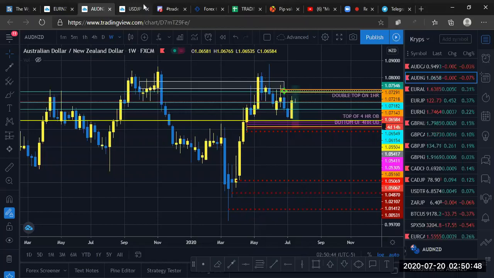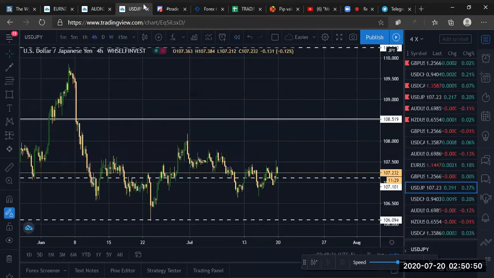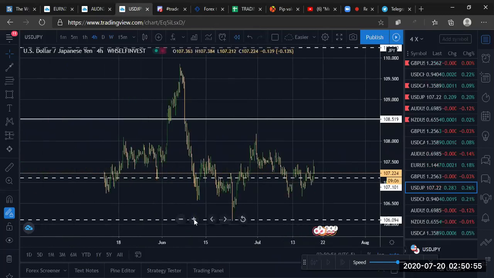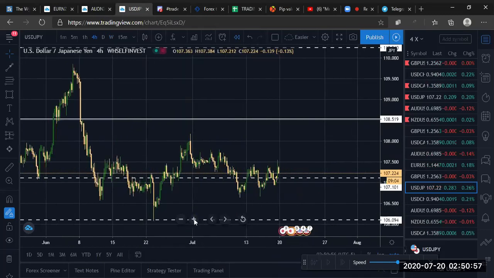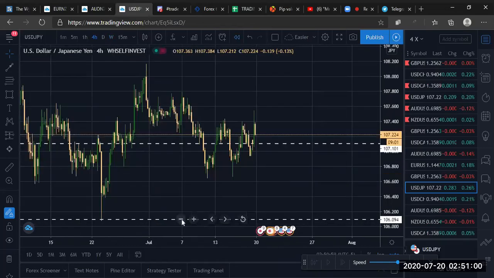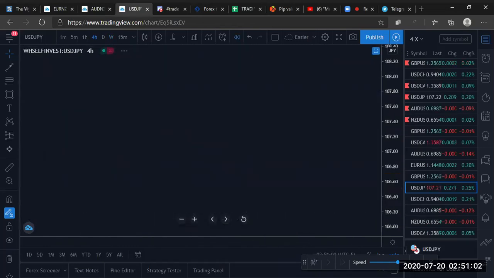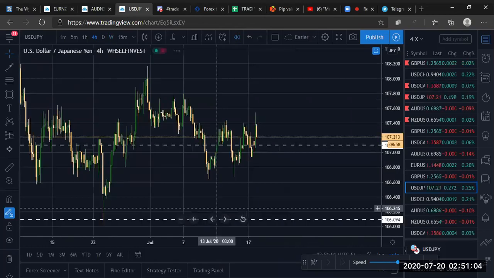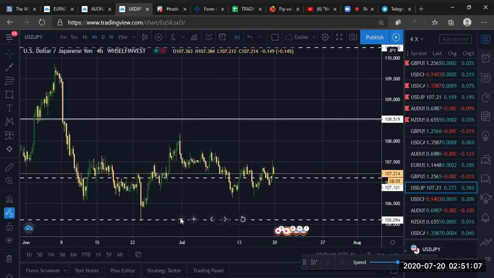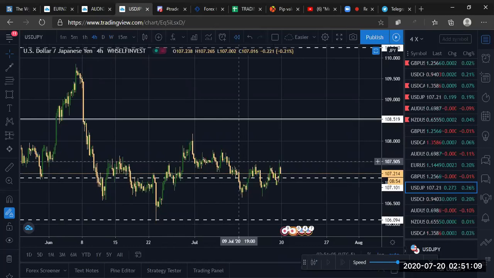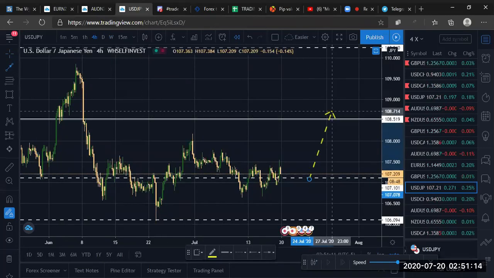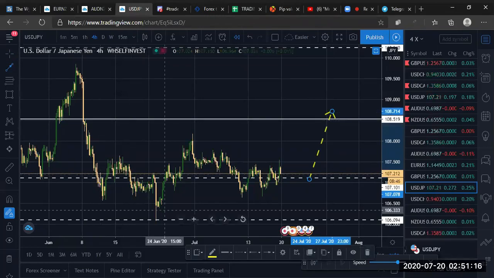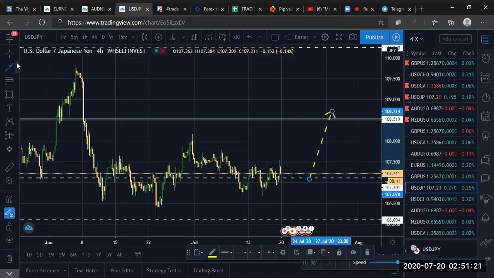Zones go a long way when actually looking into them. For this USDJPY, this is pretty much the same. It's already playing around in a daily zone right now. But I actually expect it to come up to this little zone. And the reason being, before we get into the zone,